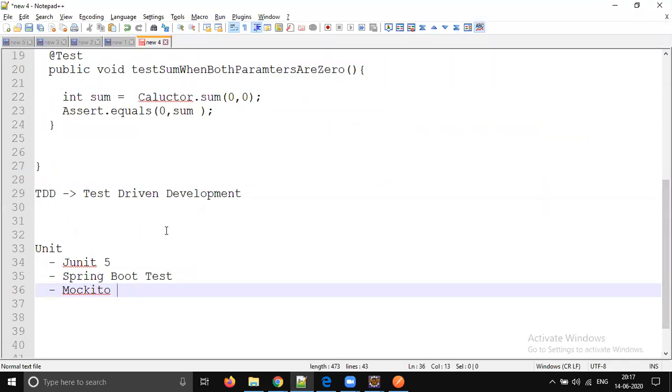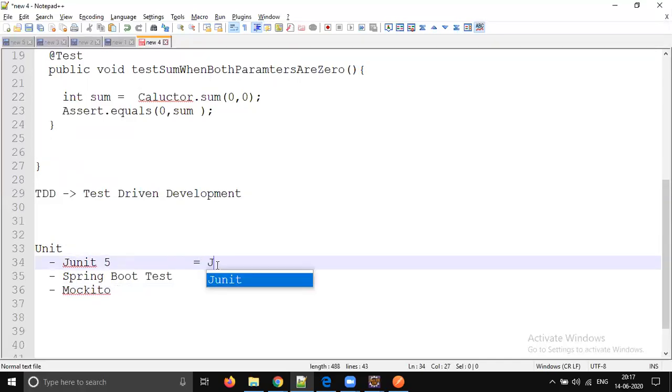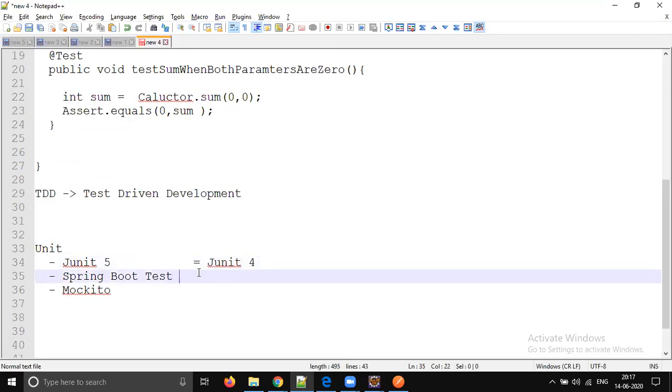In some of the companies, they will use JUnit 4, and not Spring Boot test, they use Spring Test. And Mockito is the same. So there are some version conflicts we have.